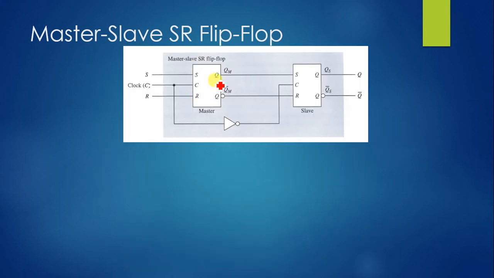The first one, as I said, is called the master. It will process its QM and QM dash. Then those two things will be given to another stage, the slave, which will process them, and the output will be provided to the next slot, which is Q and Q dash. If you connect one more, this will become master, this will become slave, and so on. So this is a simple master and slave.